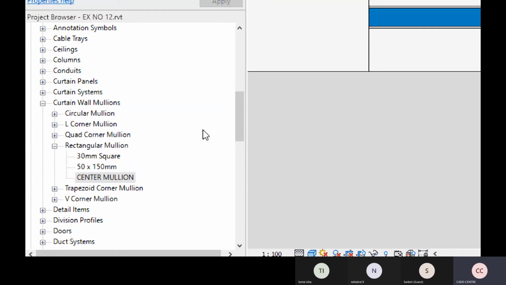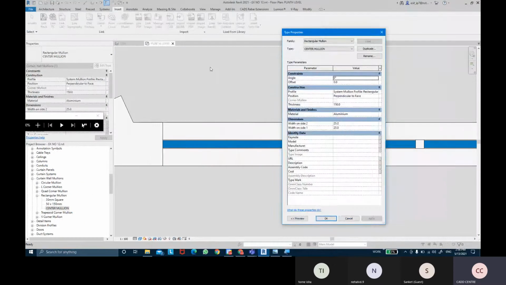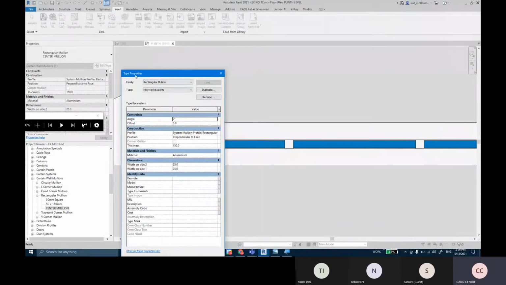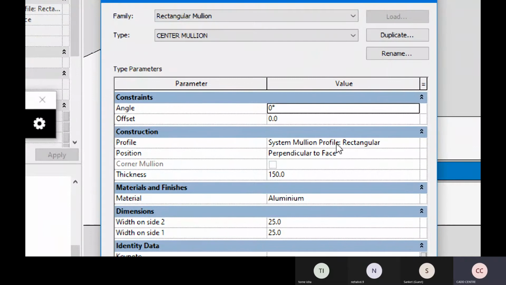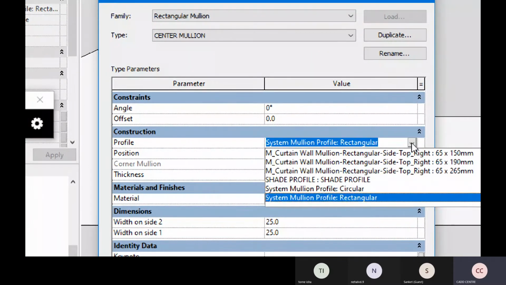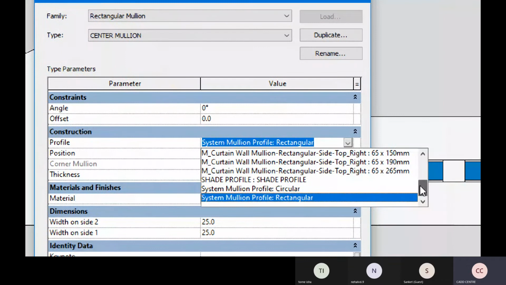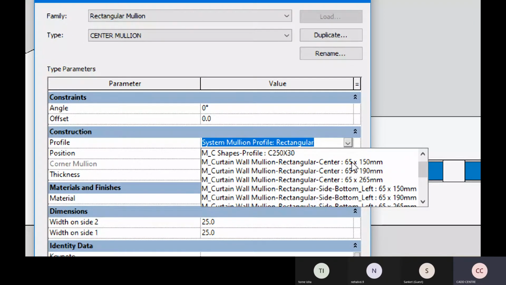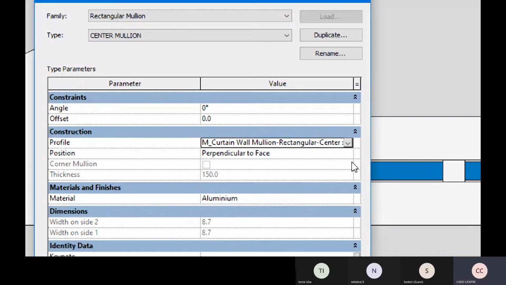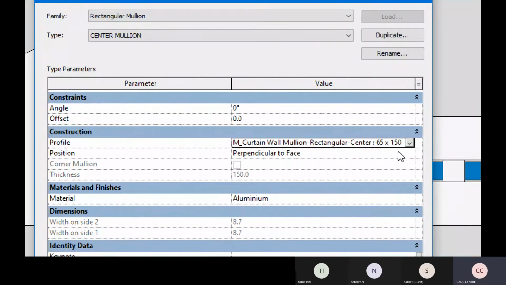A type properties dialog box will open, and in it I'm going to come to the section of profiles. Currently the profile here is a system profile rectangular shape, which we don't want. We can take our own shape from here, and select the center mullion of 65 by 150 mm. So that type of mullion has been loaded.